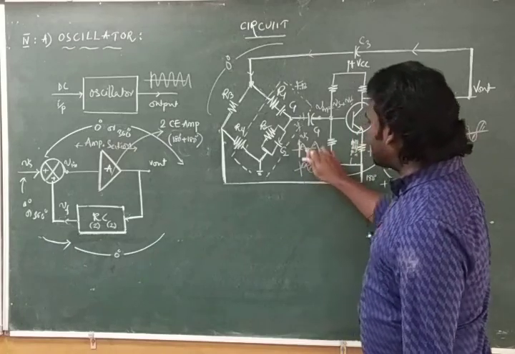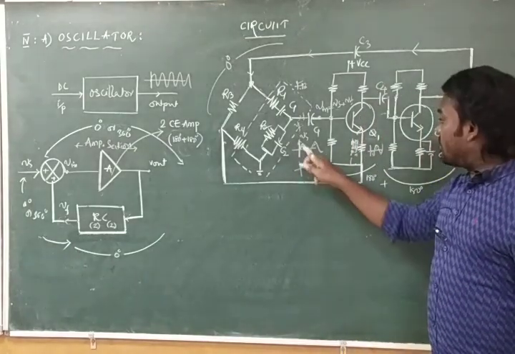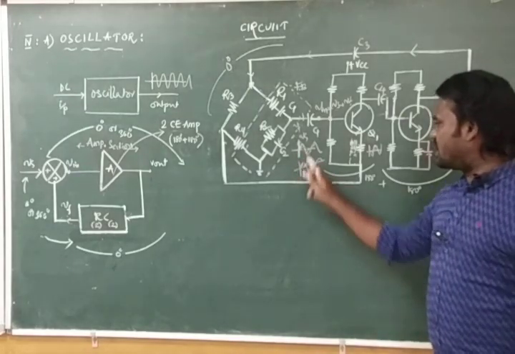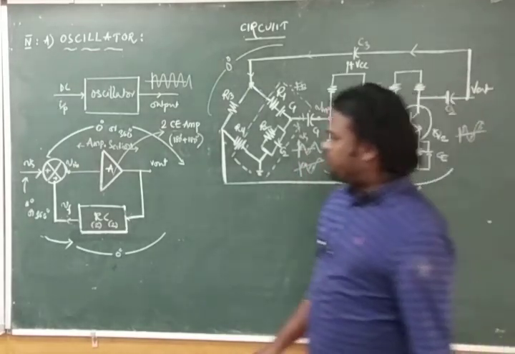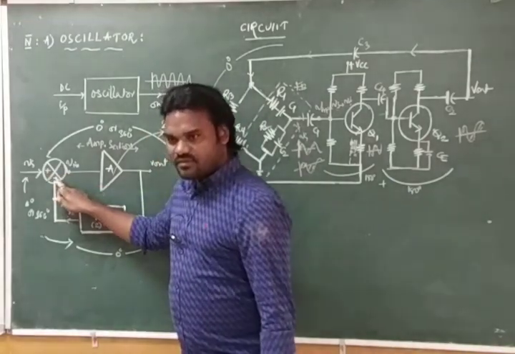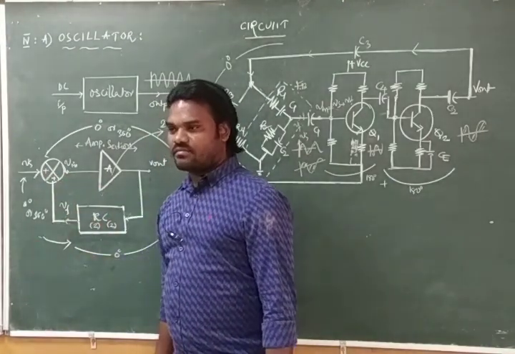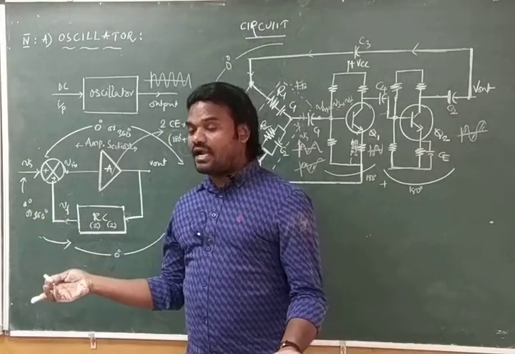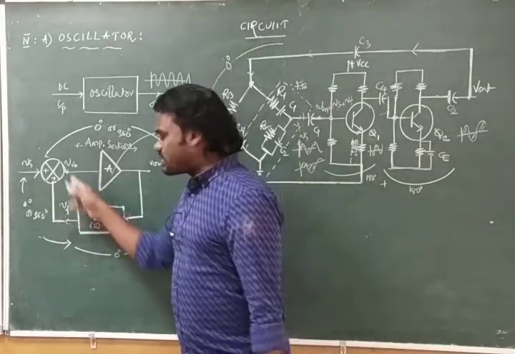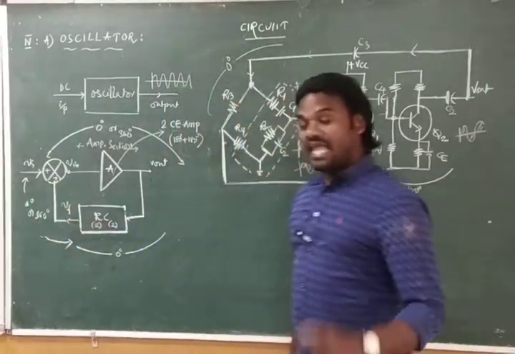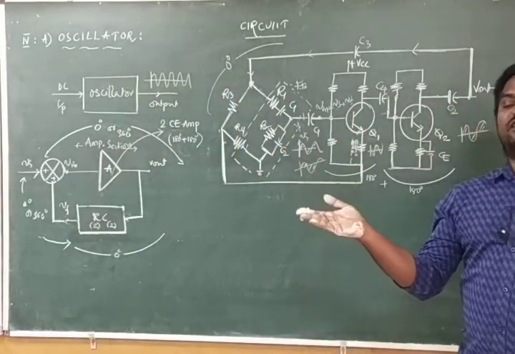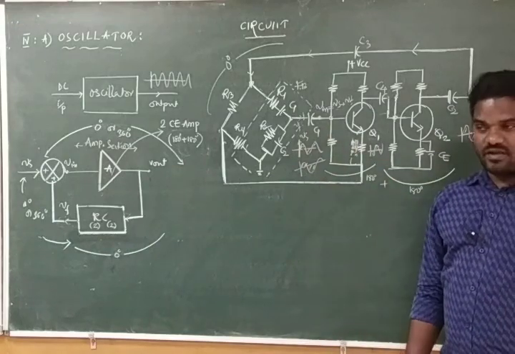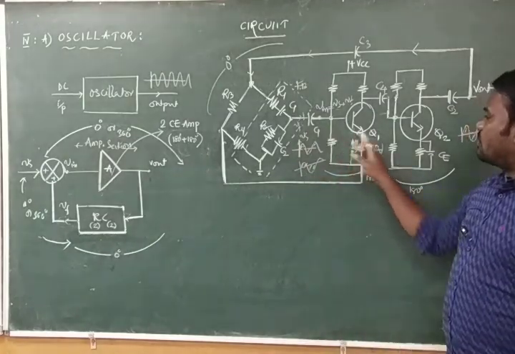Now these two signals are in phase signals, positive to positive, negative to negative. If both are positive, we can add them. Both are negative, we can add them. You are getting or not? One is positive, another one is negative, that will be called a negative feedback. If both are in phase signals, we can see the in phase signals in positive feedback only, so that we can call it a positive feedback.